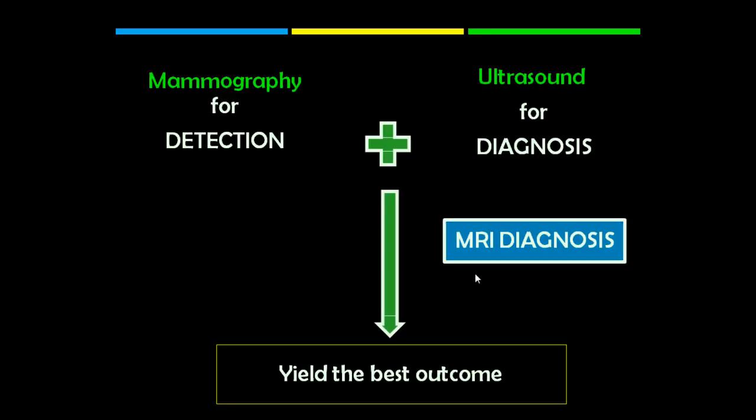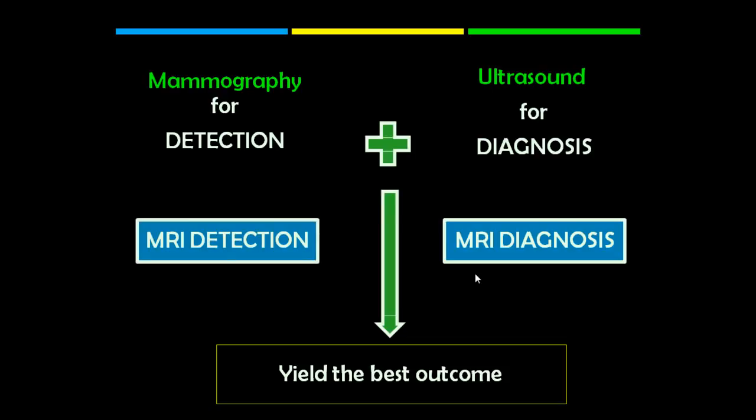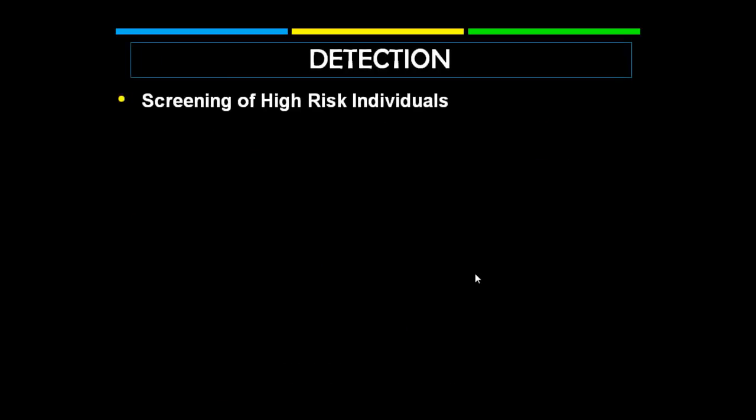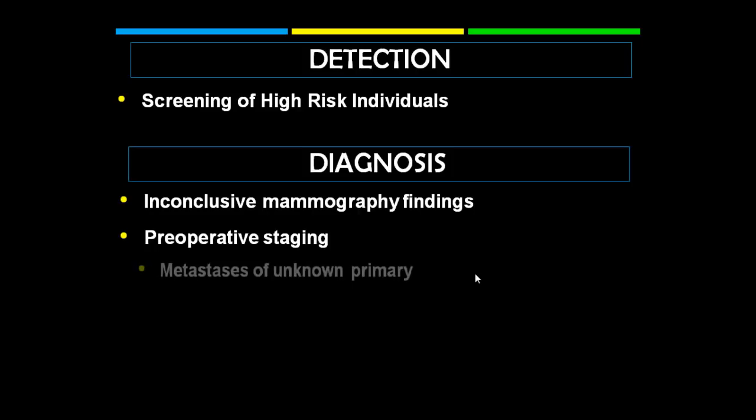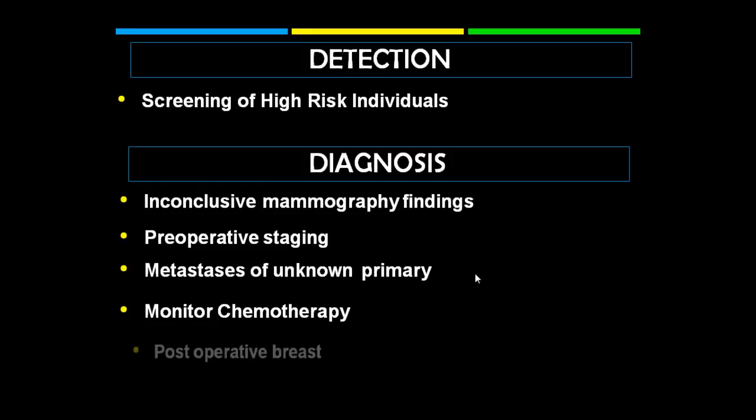When MRI was first introduced, it was thought that it would play its main role as a diagnostic modality. Until recently, according to the ACR guidelines, MRI is also used as a screening modality, especially for high-risk individuals. Looking at the indications of MRI as a detection modality, it is used in screening of high-risk individuals, and as a diagnostic modality, it should be used whenever we have inconclusive mammography findings, in preoperative staging, whenever we have metastasis of unknown primary, to monitor chemotherapy, in the post-operative breast, and whenever we have